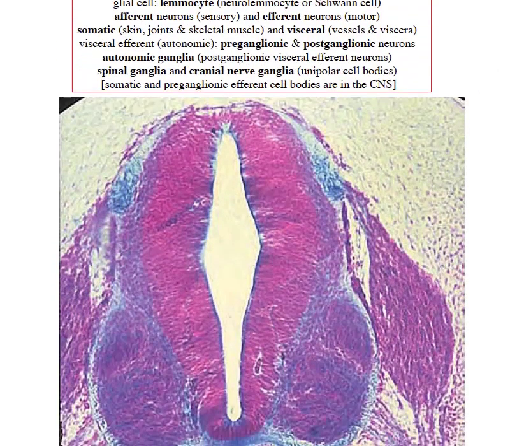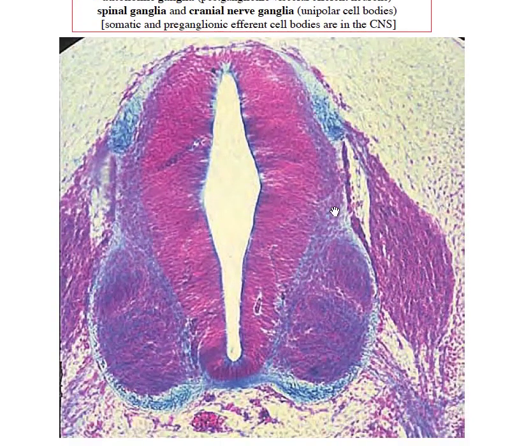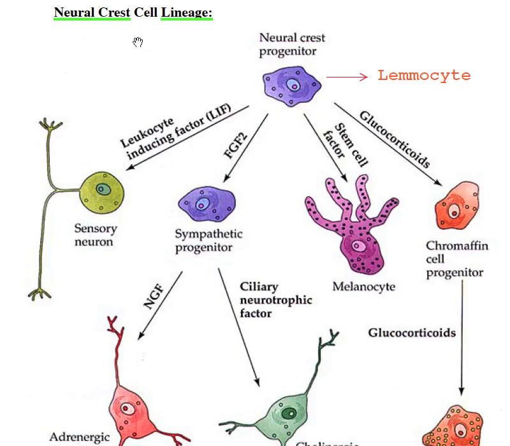If we look down below, we can see early developing neural tube. We see a sulcus limitans demarcating the alar plates from the basal plates, the mantle layer and the marginal layer just beginning to show up. So this is central nervous system. On the peripheral nervous system, from neural crest, we see evidence of a spinal ganglion. This would be on a dorsal root, and here would be a ventral root. We see axons that have their cell bodies in the central nervous system, but their axons are part of the peripheral nervous system. The neural crest gives rise to the neurons and glial cells of the peripheral nervous system, and